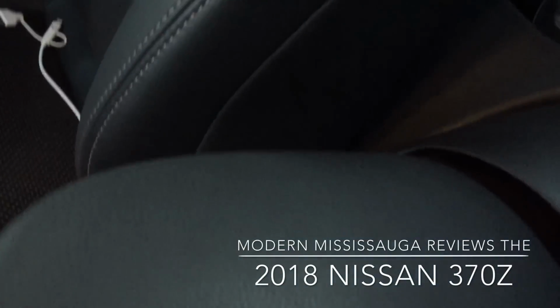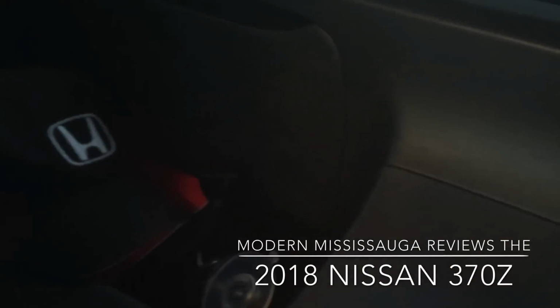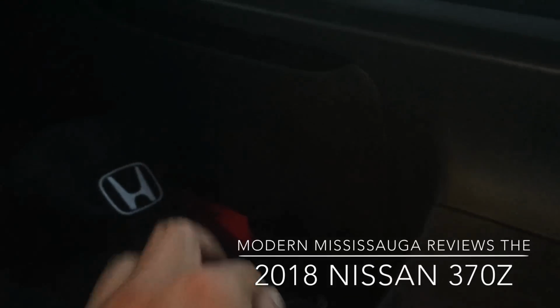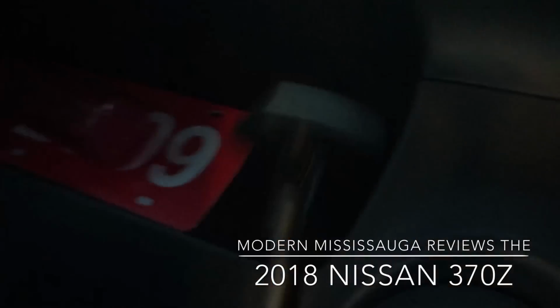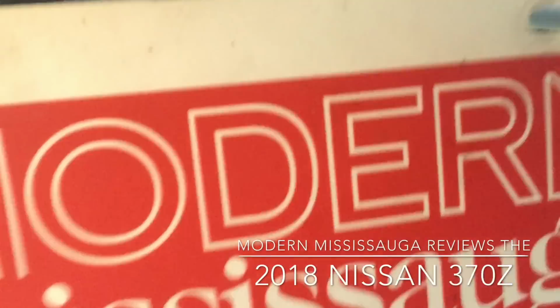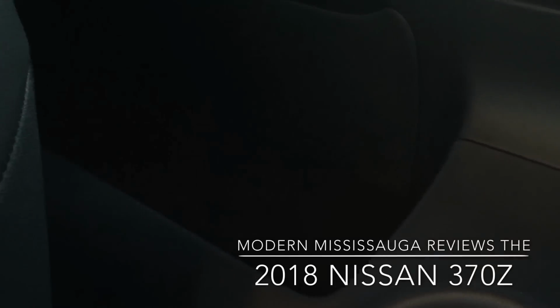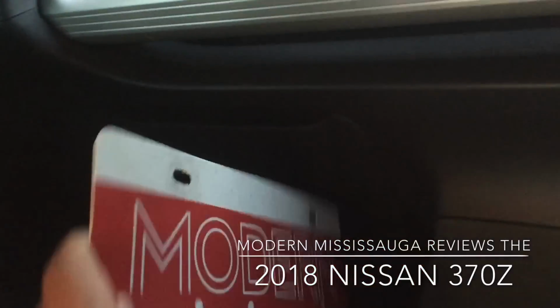What they did do to help you out on the storage side, let me close that up, is you move the front seat up, and there's a little storage cubby back here. Let me get rid of my Honda hat, my video mount, my water bottle, and my modern Mississauga plate, branding 101. Anyway, so there's a bit of space. It's not really easy to see, but just to give you a point of reference,